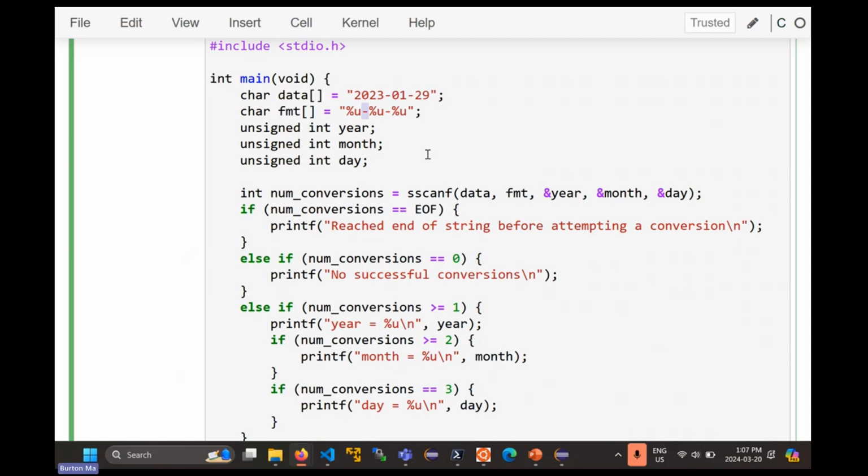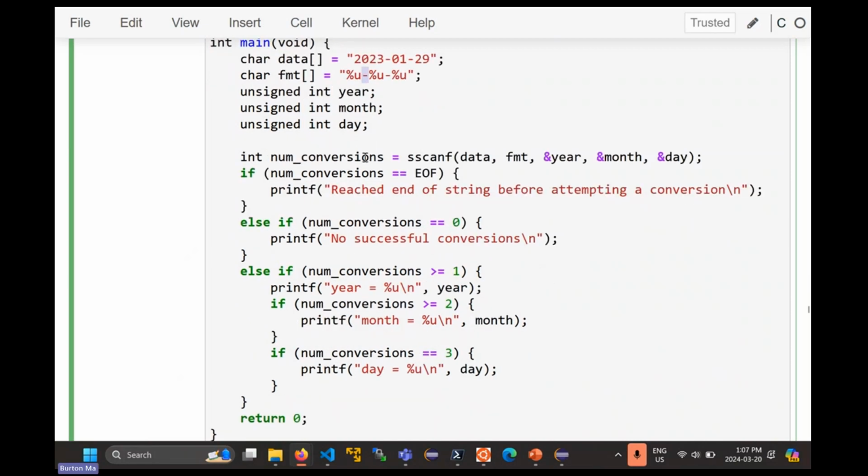If it's missing in the string that you're converting, scanf stops. It says, hey, there's no hyphen, I'm expecting a hyphen. And I was only able to convert the first argument, so it returns 1. Okay, if the number of conversions,